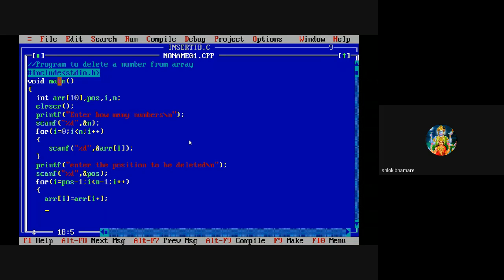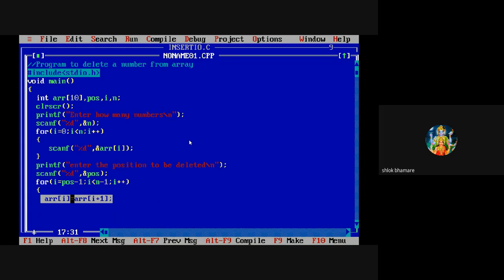Now see how this statement is executed. I is the position. So on that position, the number at I plus 1 is assigned. That means the I plus 1 value is assigned to I. That means the number at I plus 1 position is overwritten here on the I position.